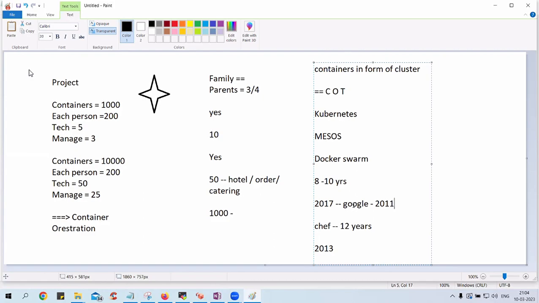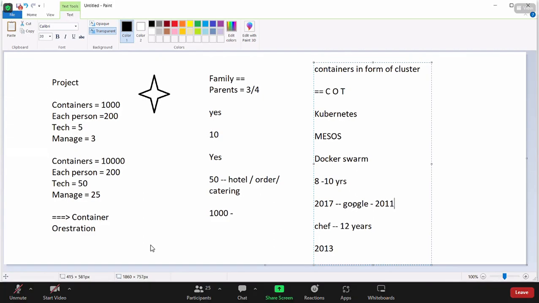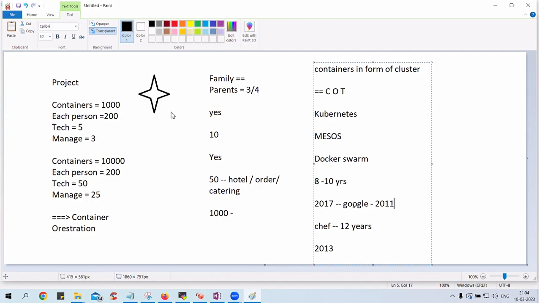They collaborated with a lot of third parties and an open source foundation, which we call the third party group. This third party group is currently managing Kubernetes, but in this entire group, Google is a major stakeholder. So officially it is Google only. However, from 2015 to 2017, a lot of hands, or third persons, were involved in developing this. So it was brought into the market in 2017.